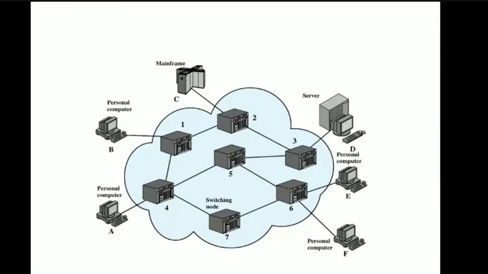Okay, let us have some observations here. Some nodes are connected only to other devices. If you see nodes 5 and 7, these are connected only to other nodes, that is, node 5 is connected to node 3, node 6 and node 4, and node 7 is connected to node 6 and node 4. That is, these are internal to the network. They do not have any connection with the outside stations. So what is their task? Their only task is internal to the network.